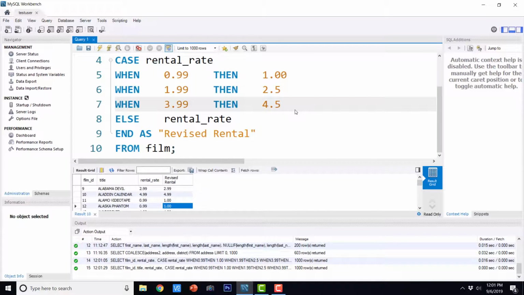So this is just like switch case statement in any programming language like C, C++ or Java, or this can also be compared to else if ladder, where you have top level if, then you have else if, again else if, and then you have else, and finally it ends everything. So this is the case statement. You will find a lot of scenarios where you can use this case statement to derive a new column. So this is how we can use case statement to create a derived column.